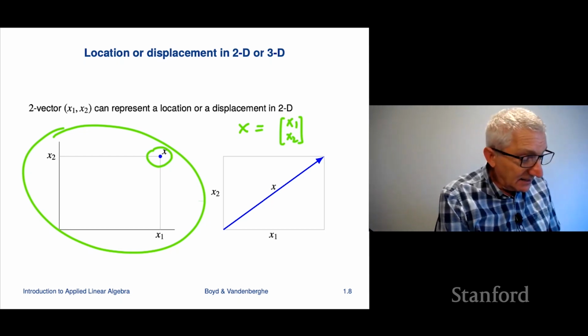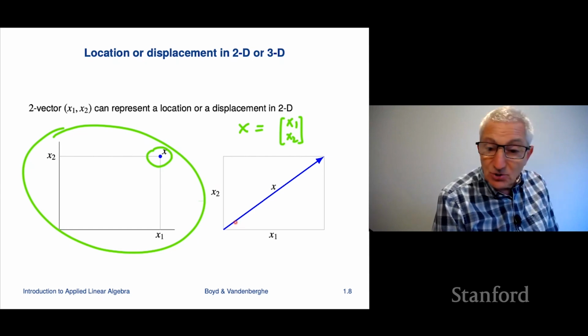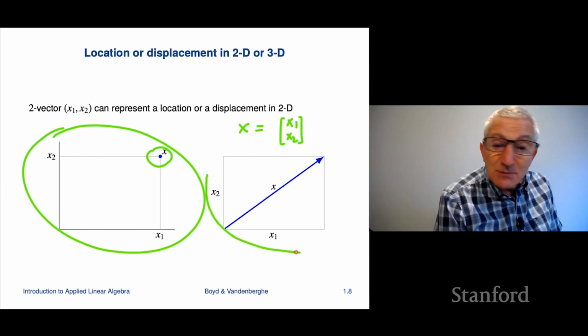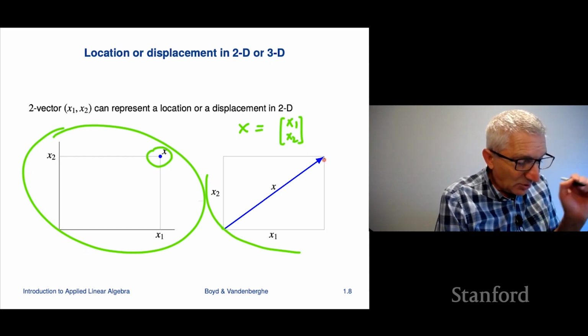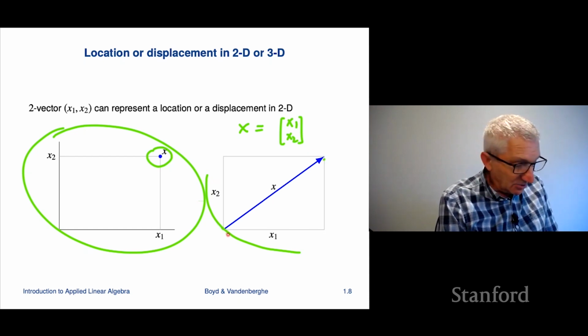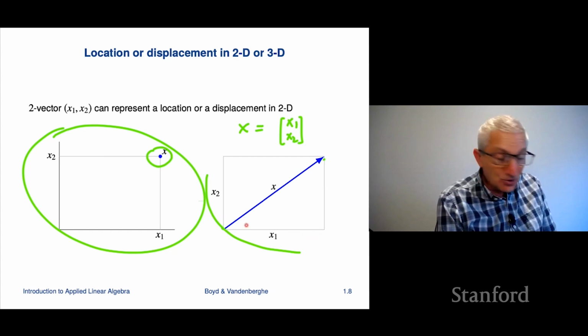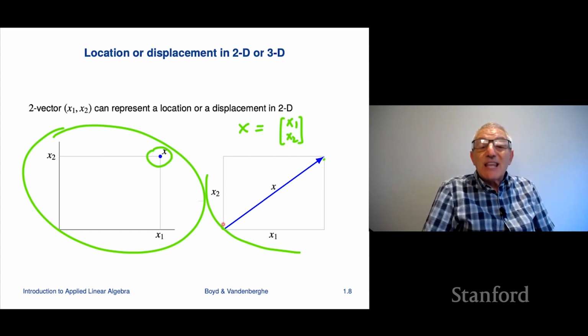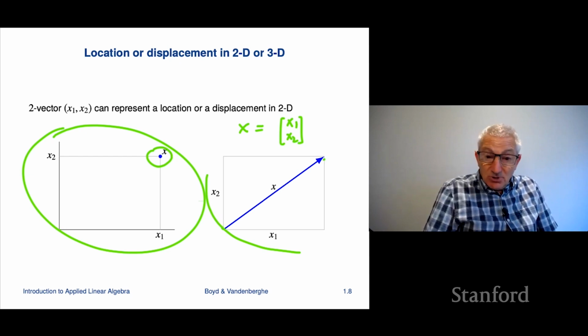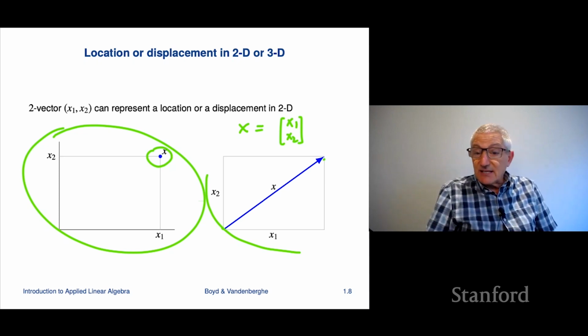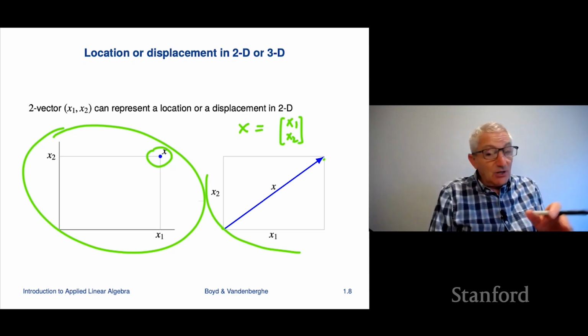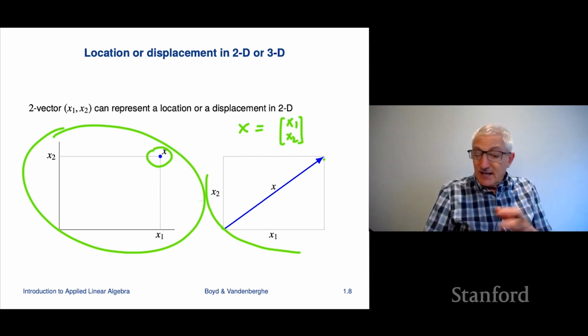The basic idea is that x1, x2, as in here, represents a displacement. And it says that, from this point to that point, you should move to the right by x1, and you should move up in height by x2, and that's a displacement. This is the kind of thing you would see in your basic physics class or mechanics or something. This is very conventional, and you probably saw this already. Okay,